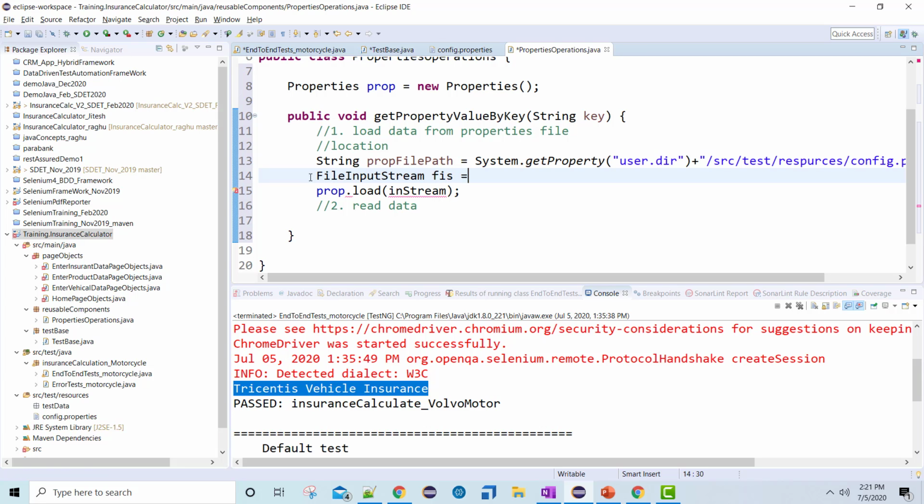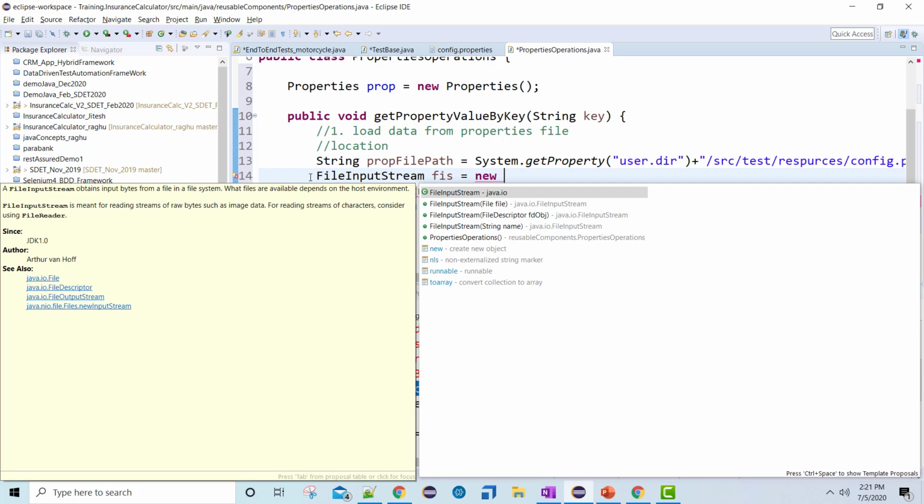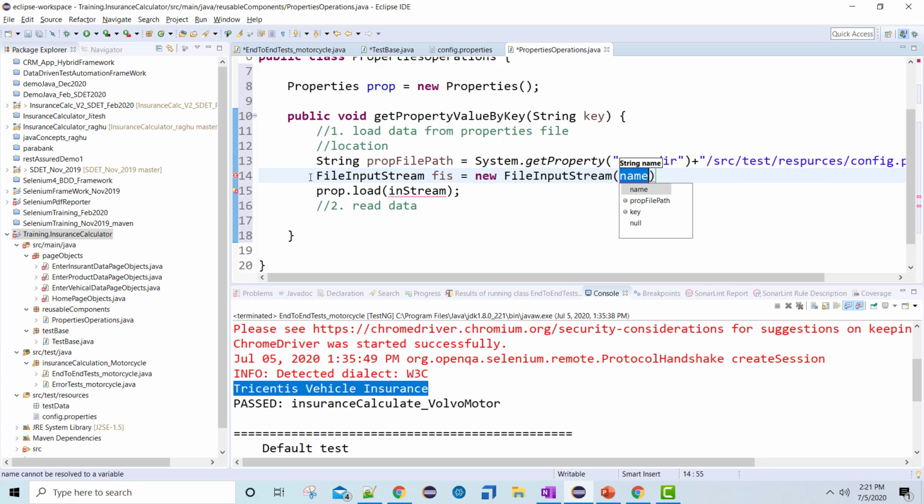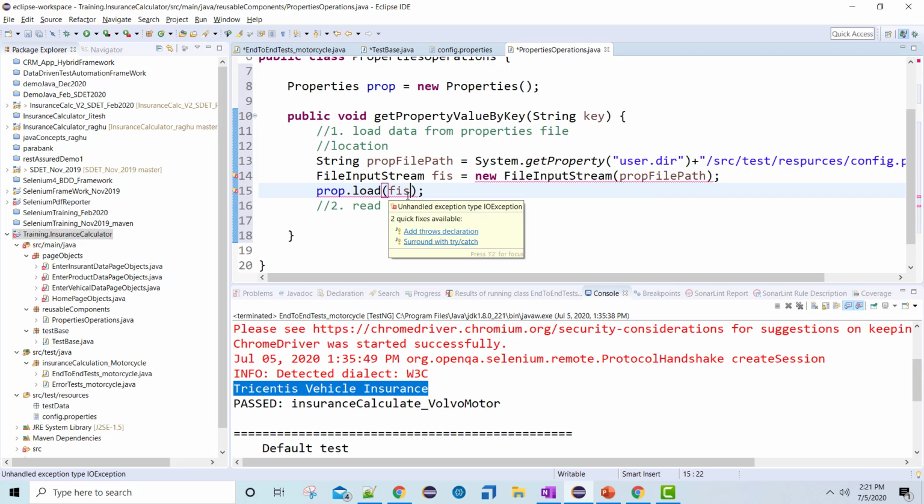Let's say fis = new FileInputStream, and here I can either pass the object of File or directly pass the string file path. Great, and for loading I will pass the object of File, and it is asking me to throw some exception.